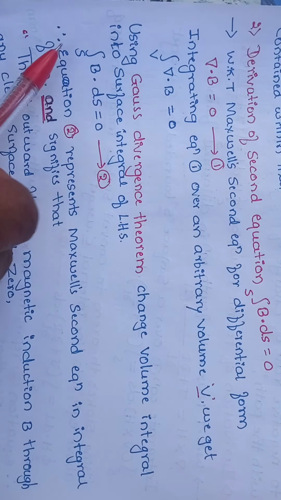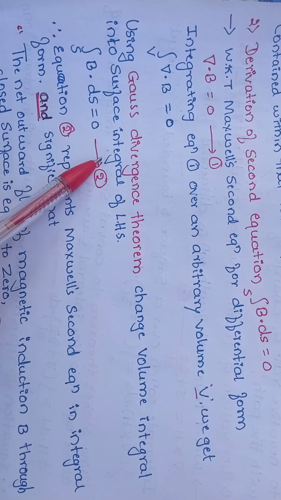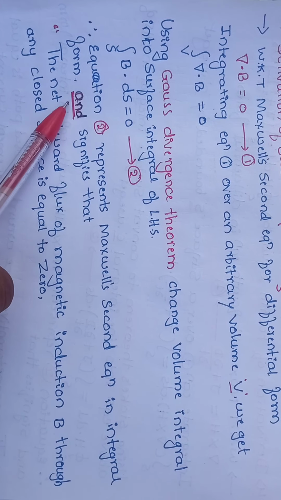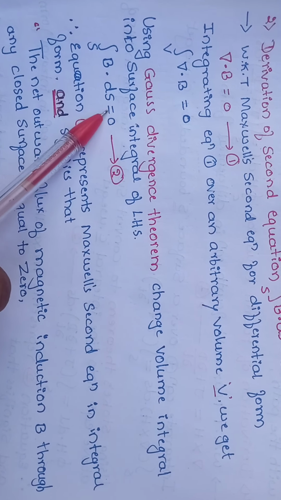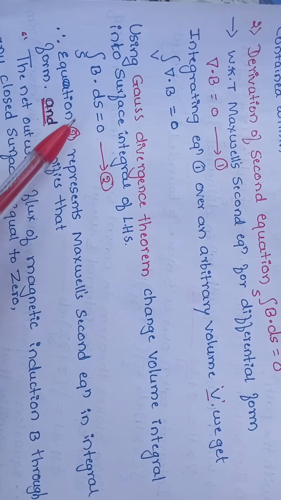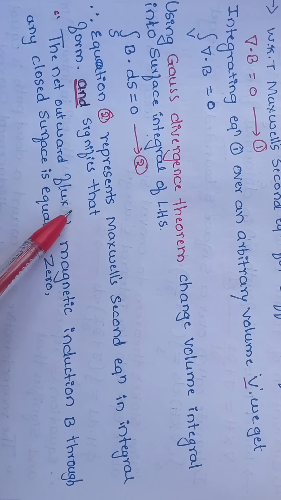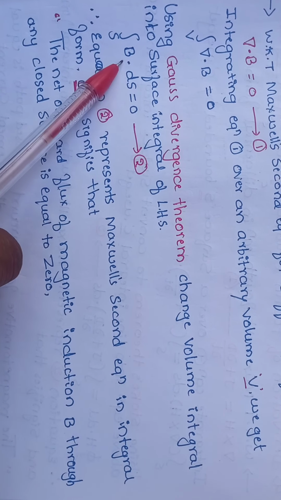Now see here, this equation 2 represents Maxwell's equation in integral form, that is, the surface integral of B into dS is equal to 0. What can it signify? See here, the net outward flux of the magnetic induction